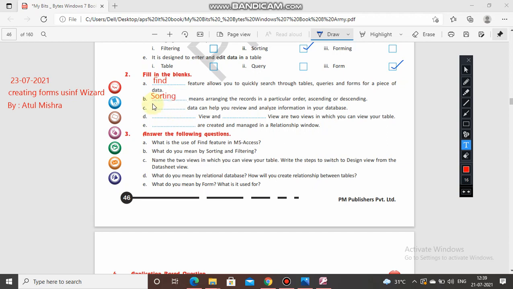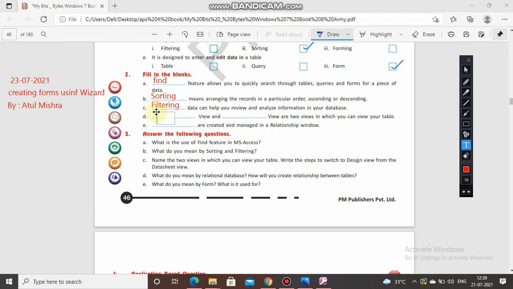Now dash data can help you review and analyze information in your data. So filtering data can help you to review and analyze information in your database. Now next one is dash view and dash view are two views in which you can view your table.